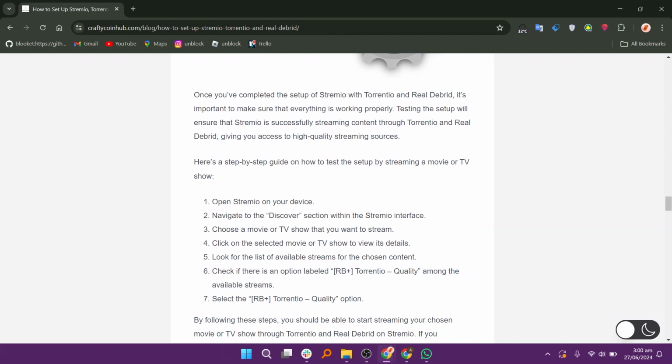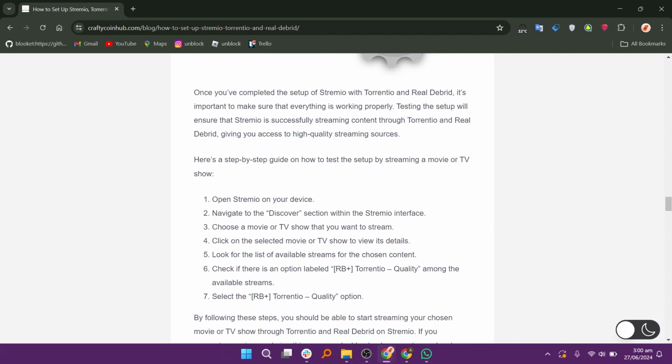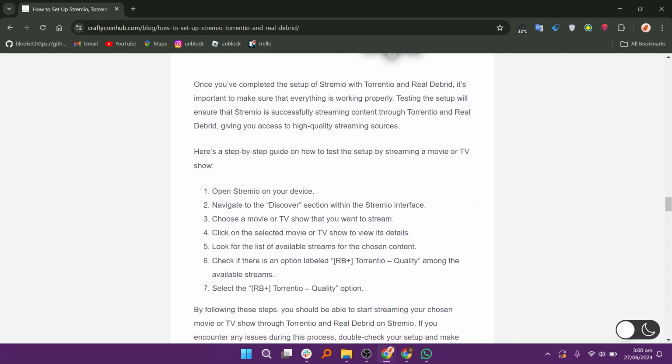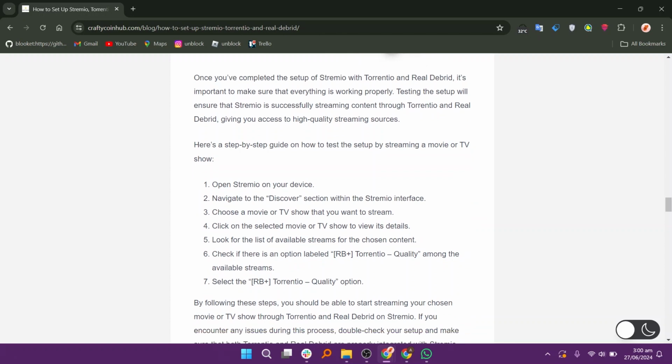Check if there is an option labeled Torrentio quality among the available streams. Select the RB plus Torrentio quality option. By following these steps, you should be able to start streaming your chosen movie or TV show through Torrentio and